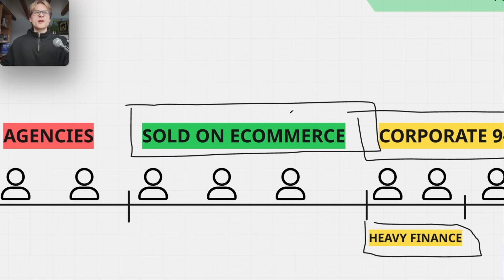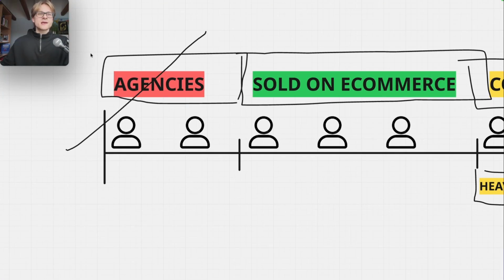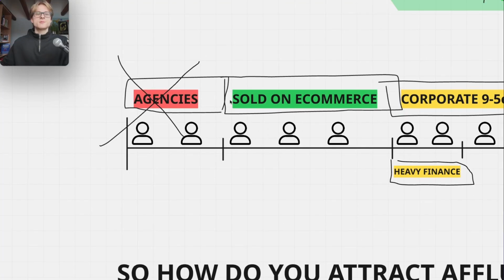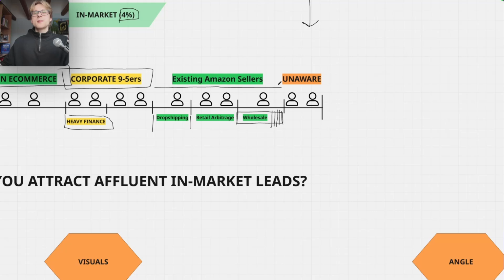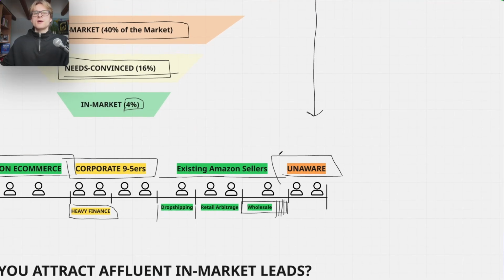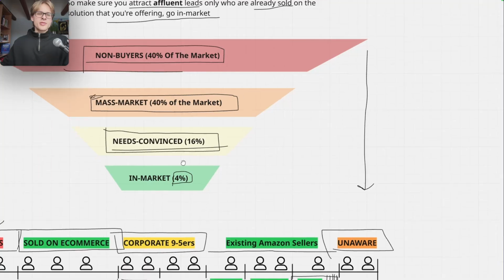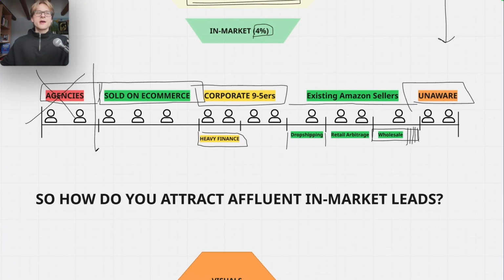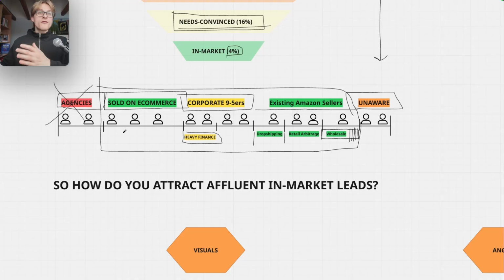You and I both know that e-commerce is one of the most profitable opportunities in the world. I could target agencies, but I wouldn't, because it makes absolutely no sense, since they will be non-buyers, okay? I could target unaware people, which would basically be the mass market. They don't know they have a problem, they're just out there browsing. Don't target them. So essentially, I would target one of these three main big groups with my messaging, right?